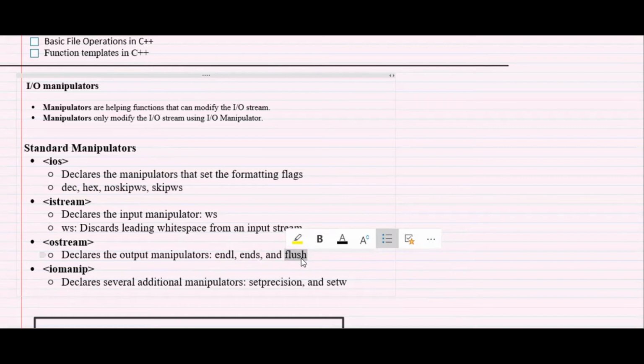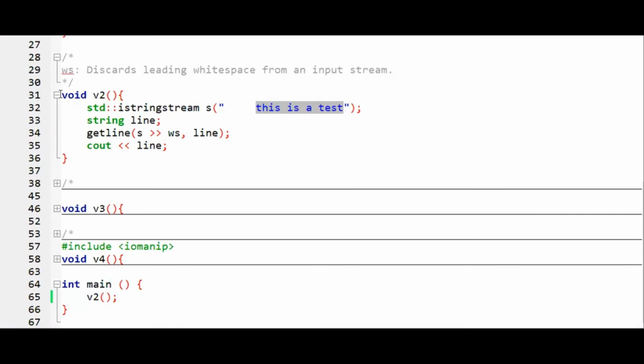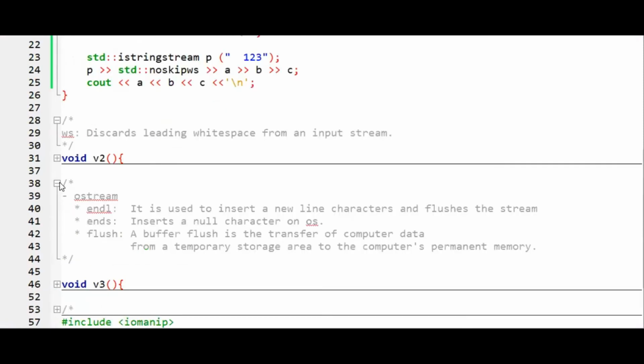I have also created a separate function in which I have used all these functions. So let me open that, v3. Endl is used to insert a new line character and flushes the stream.